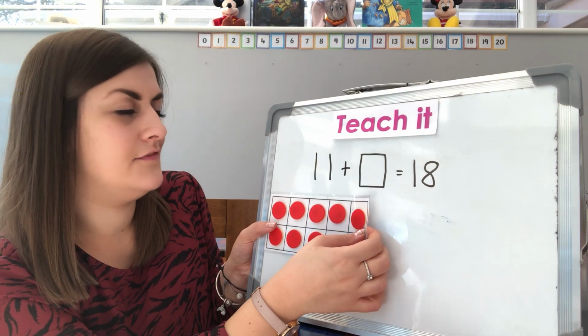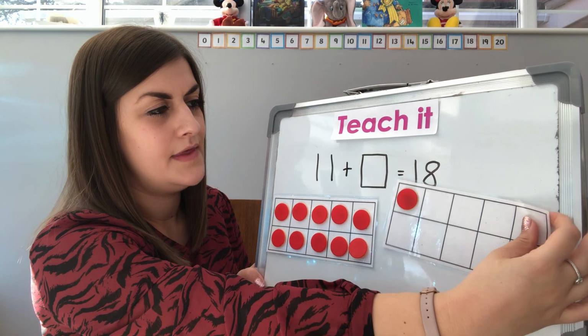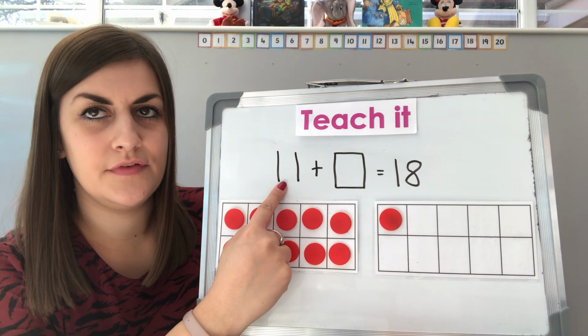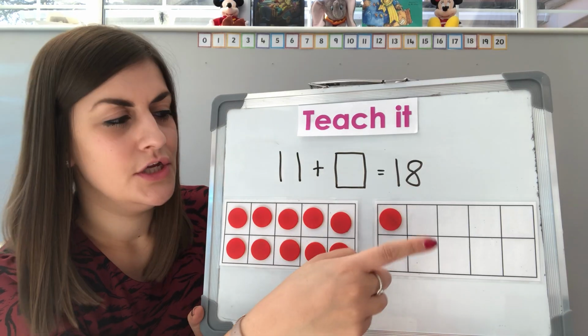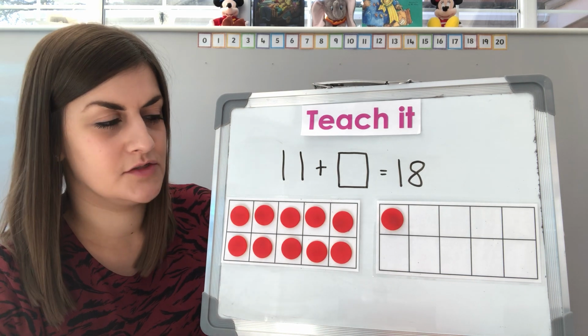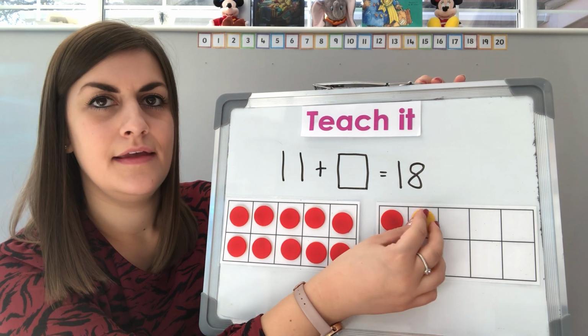We've got our 10 frame. Just stick this on. Now to do this, you would start with the biggest number that we've got, which is 11. And you want to get it to make 18. So what you would do is you would make 11 on your 10 frame and then you would add on until you get to 18. So I'm going to do them in a different colour and you're going to count with me